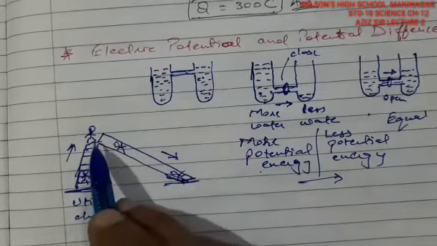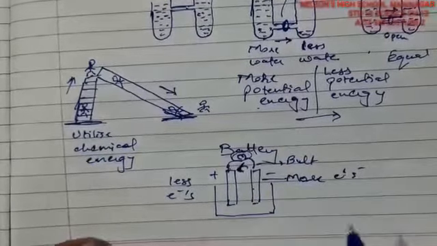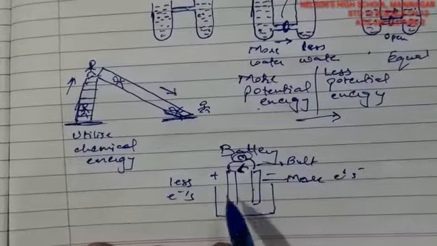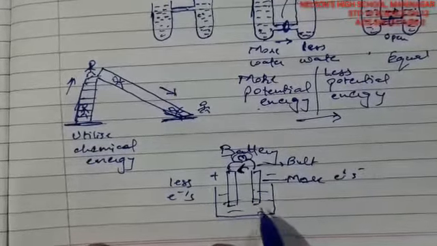So you may find these are having more electrons which can pass from one point to the another. This is having less electrons. Fine. So it passes from more electrons towards the less electrons, and this is how the energy passes from one point to the another point. This is a battery where this is having more amount of electrons here. The chemical energy is utilized to pass the electron from one point to the another.